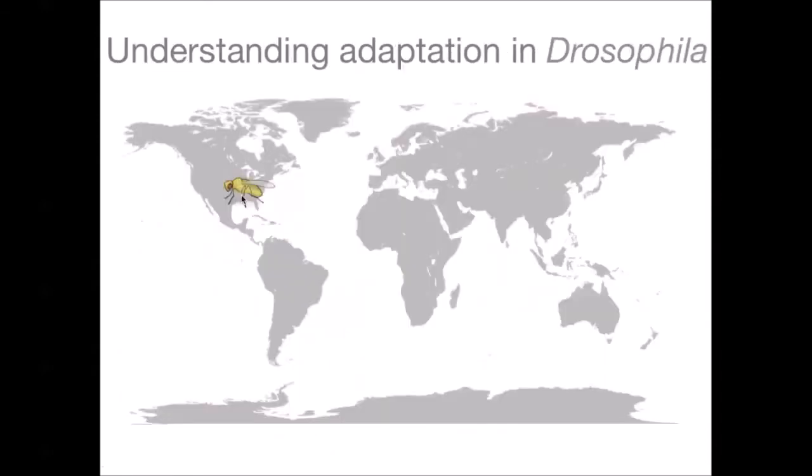And so why Drosophila melanogaster? It's actually a really wonderful system to study because we have so much knowledge of its biology and its life history. And we also, moreover, have a lot of data for this organism. So we have almost 200 fully sequenced inbred lines from North Carolina. We have another 200 from Zambia. We have several hundred from Europe. Combined, this makes a really unparalleled data set to probe evolutionary questions.